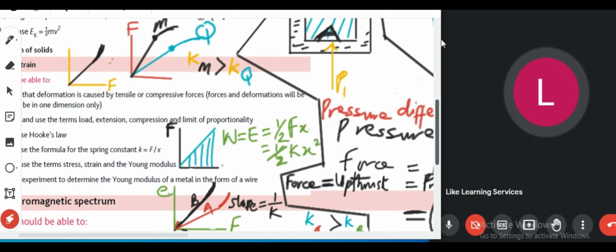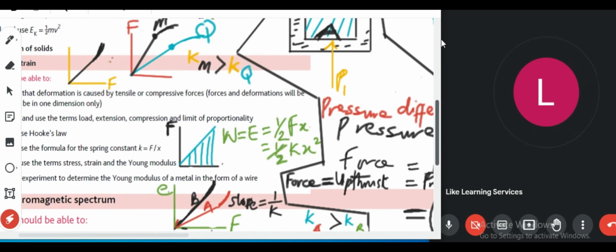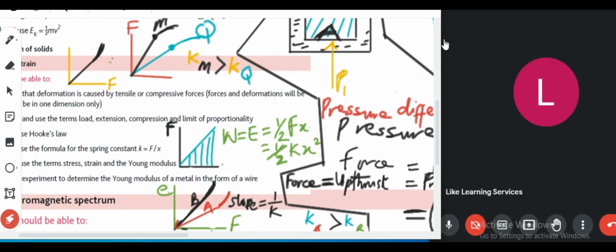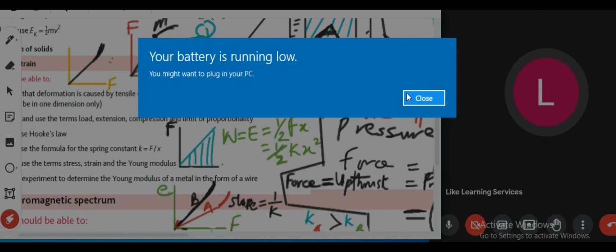I want to review both so that we can compare. Let's see a graph of F plotted against E, force against extension. You see, when we take the slope, it gives us directly the spring constant. And as you can see, the slope for the black one